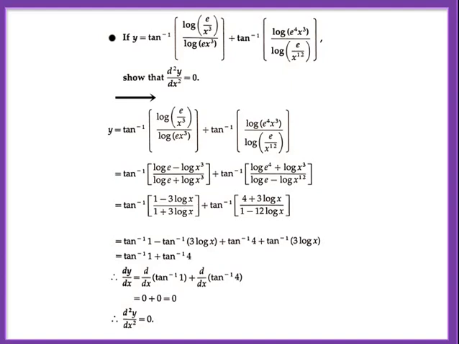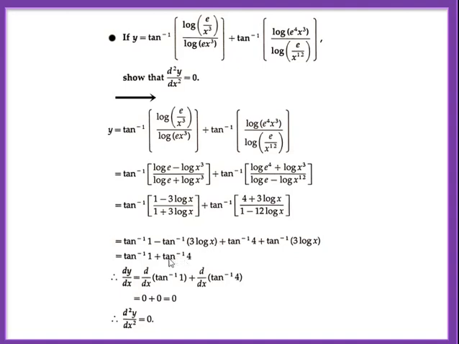Now the next step is simple. We have already learned the formula that tan inverse of (p minus q) upon (1 plus pq) is tan inverse p minus tan inverse q, plus what is tan inverse of (p plus q) upon (1 minus pq)? Basically, is this function of that type? Yes. 4 plus 3 log upon 1 minus their product 12 log. Yes. So use that result.